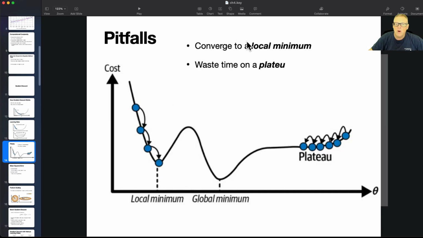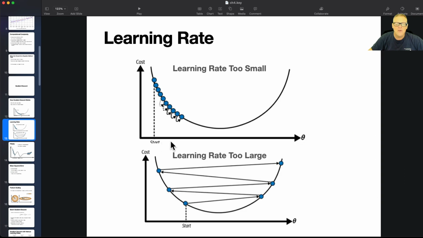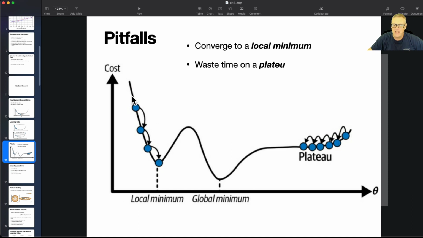So here's more pitfalls. These are called convex functions, where it's got one minimum and it monotonically rises on all sides from that minimum. That's nice, but sometimes you don't have a simple cost function like that. It has weird problems like this, like it has a local minimum that's not the global minimum, and it has plateau regions that are flat. And if it does, then you'll have problems. If you're up here, you might just spend a long time hopping on the plateau, not going anywhere. And here you might get stuck in the local minimum where you think this is the best, but it's not